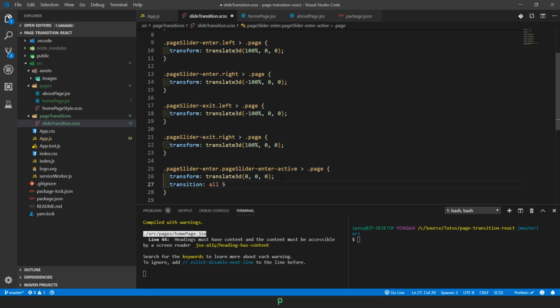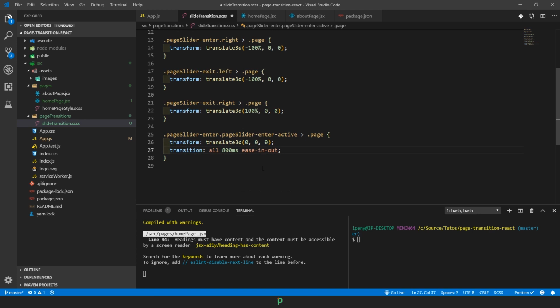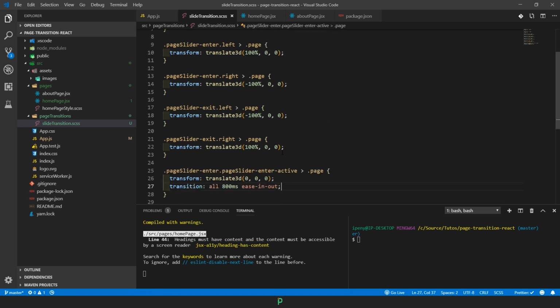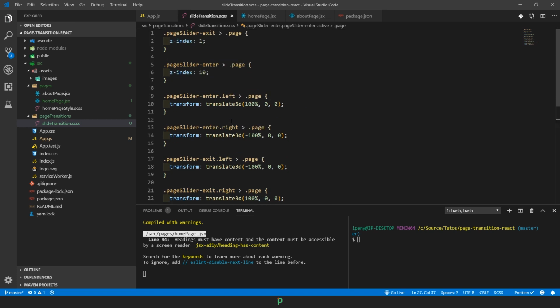I'm gonna add 800 milliseconds just to make it take quite some time to be noticed, and of course I'm gonna add easing out, so to apply animation on both ways, like on the exit and on the entering. And that's pretty much how it's gonna work. So this is the whole transition you might want to add. Actually, it's pretty simple, pretty straightforward, nothing really complicated. You can of course add your custom transition, but this is how the slide needs to be done, at least